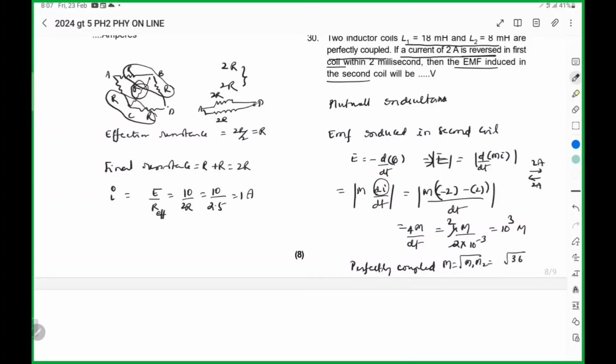That is 18 into 8, it is 12 millihenries. So now EMF induced will be 10 cube, where current is in amperes. Okay, 10 cube into 12 millihenries. So that is EMF induced is